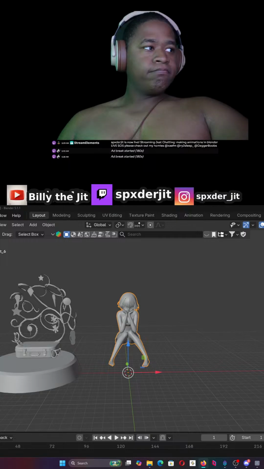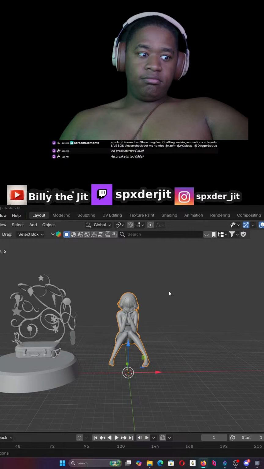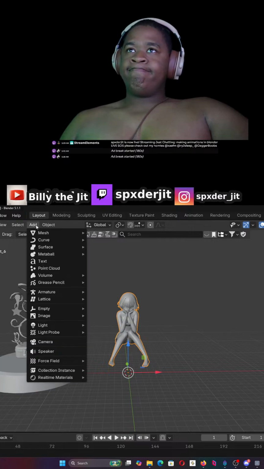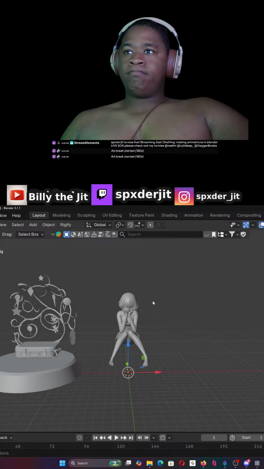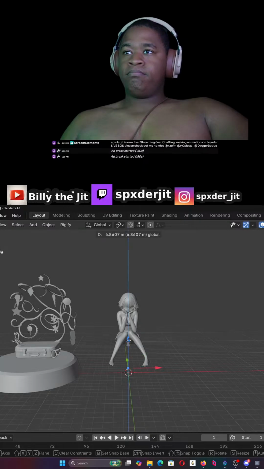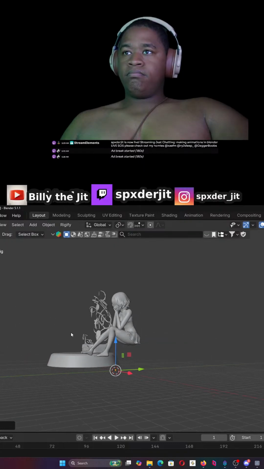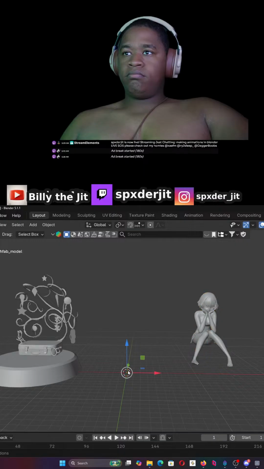So with the new release of Blender 4.2, I've decided to do an updated version of the human meta rig in Blender. So if you want to take a character, but you don't know how to rig a character, Blender already comes with a built-in system that'll rig a character for you pretty much. So I'm going to show you exactly how to do it. Essentially, we're just going to place these rough bones in place once we've enabled the built-in add-on, and then it's just going to generate these really awesome controllers that are super powerful. I'm going to show you how to parent all of that to your mesh character, and it's just a ton